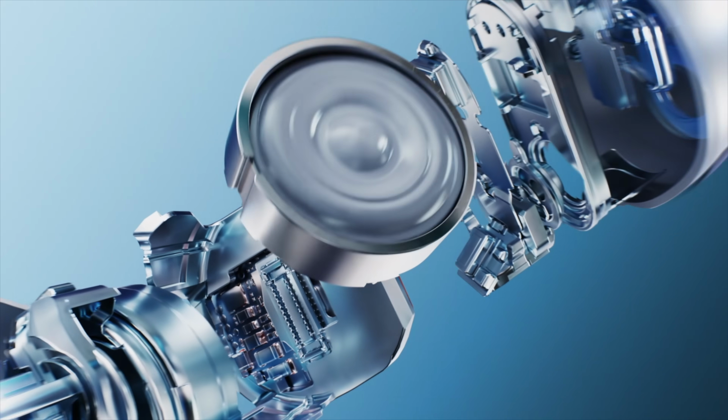Because they use a really cool dual driver, and I'm not going to get into all the technical details. I just want to leave you with the impression that it sounds really good. But yeah, wow, for the size, they punch. Regarding the fit versus my AirPods Pros, I have to say these fit in my ears better than my AirPods